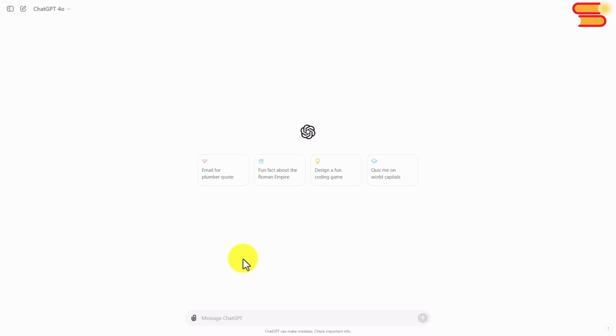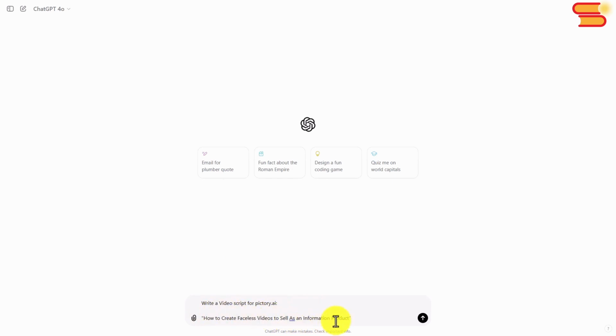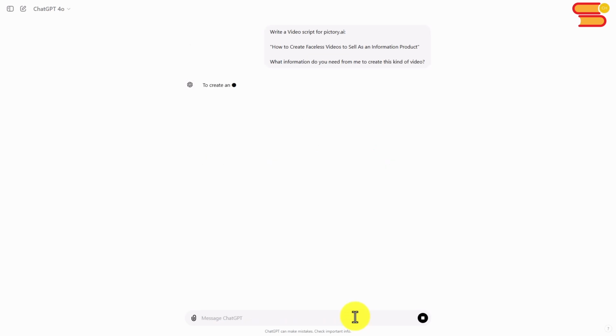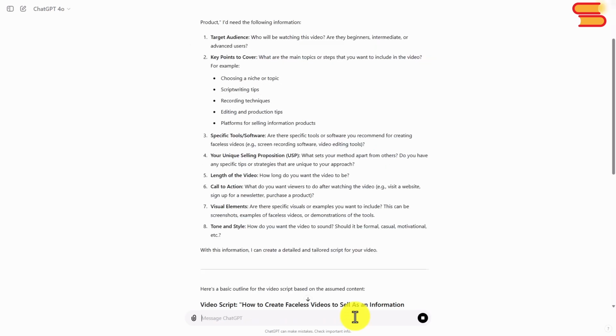create the video. So we're going to write in our title into this area. It's a good idea to ask the chatbot if there is any other information that it needs in order to give you the answer. And so once we have our clarifying question, we'll then click enter. Now it is a good idea to answer the chatbot from the questions that it has for you. And then once you answer those questions, you can then follow through with your query to get the script for